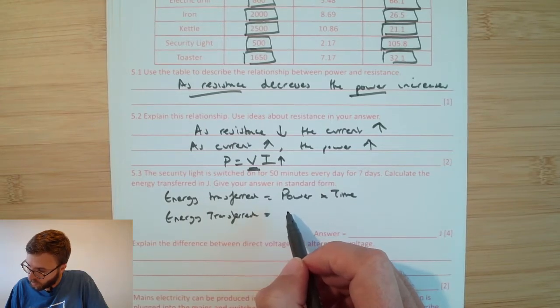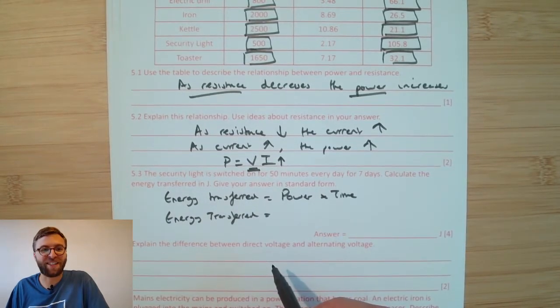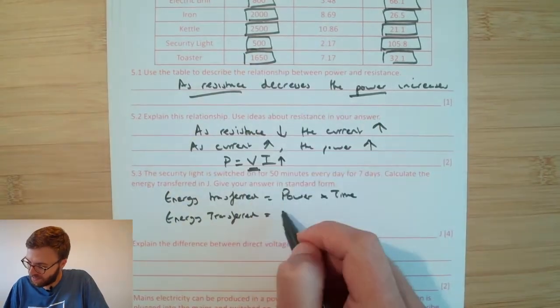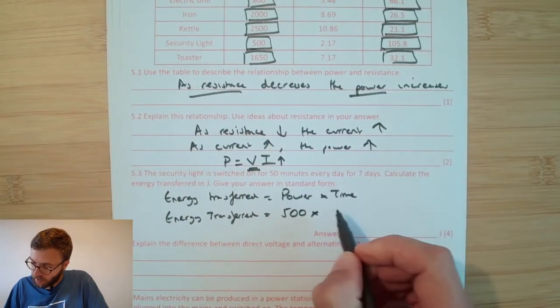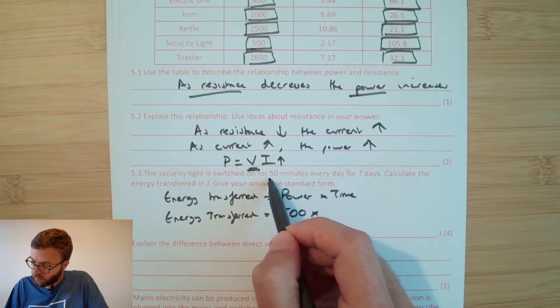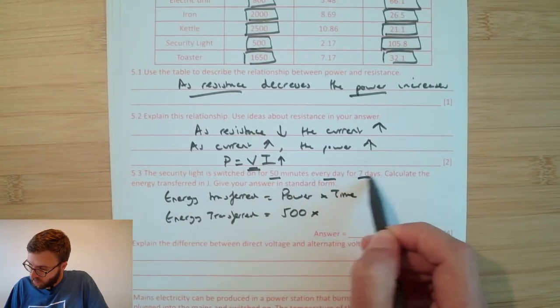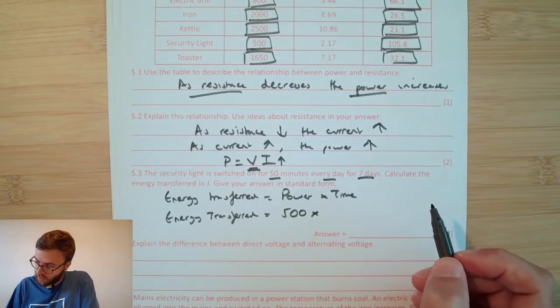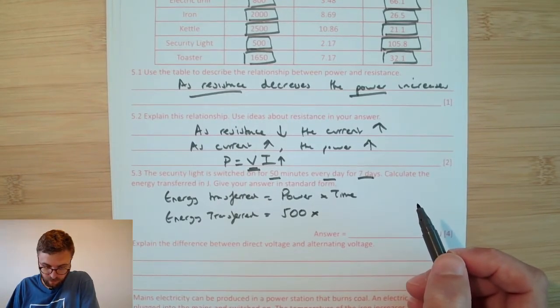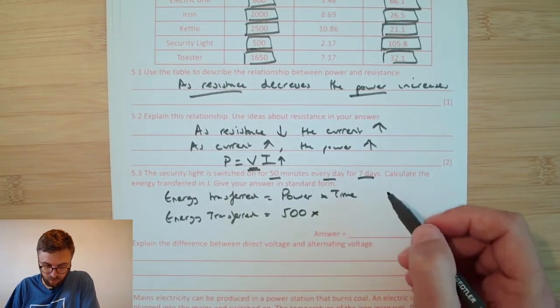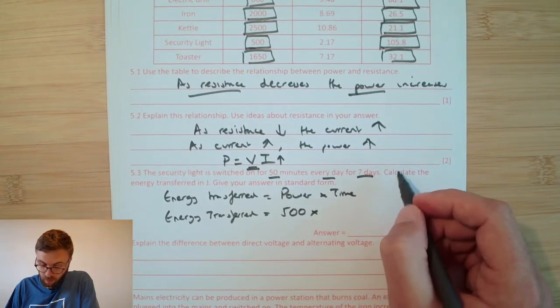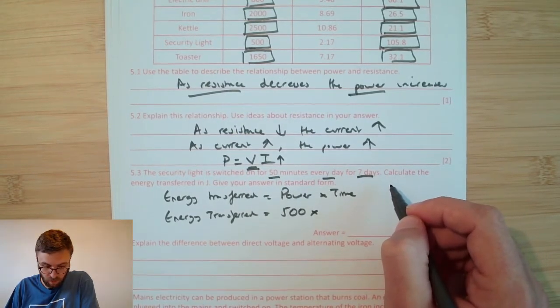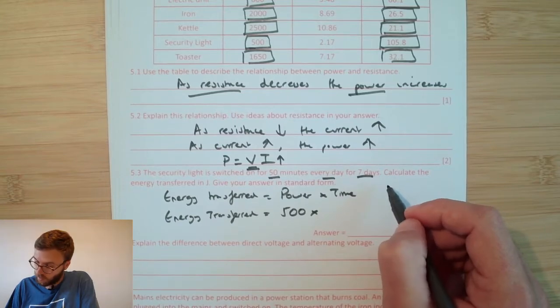multiplied by the time. The power is over here, which is 500, multiplied by the time. Now it tells us it's on for 50 minutes every day for 7 days. So we want to get that in our standard units of seconds. So our time